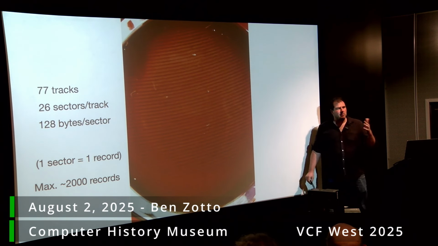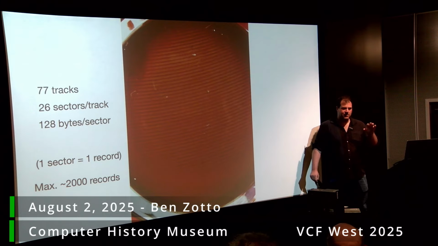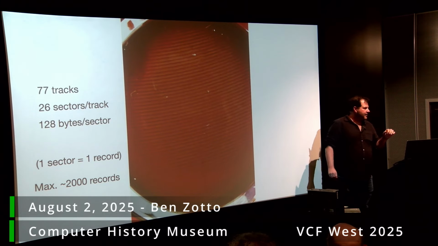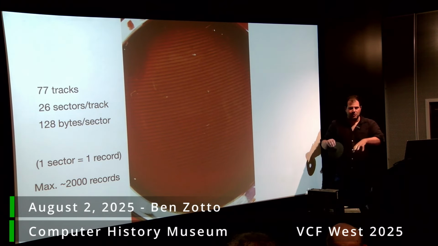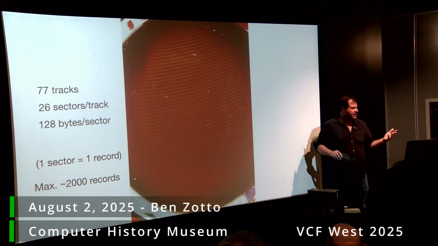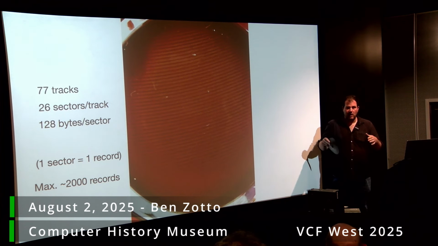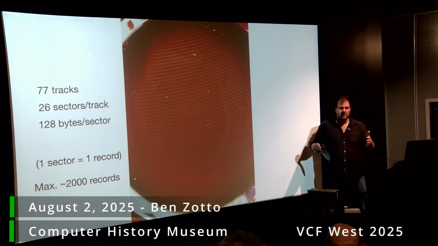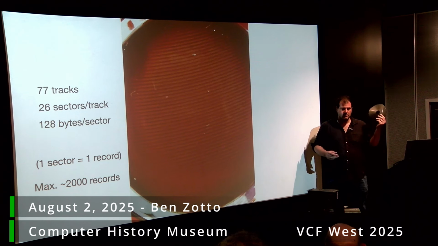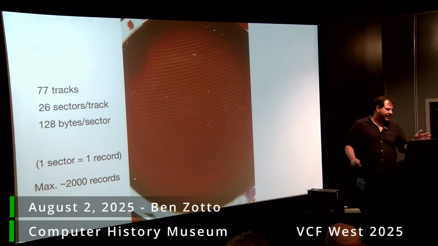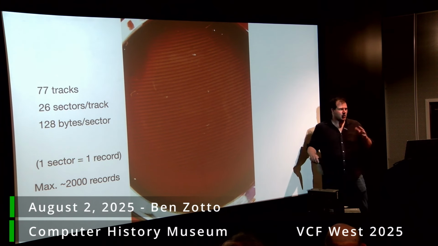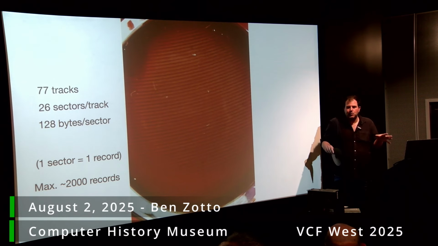A punch card typically had 80 characters, sometimes a little more. They set up these data entry systems so you could get the option, you could pay more, and you could get the option to do up to 128 character records, which of course are sectors. So if you maxed out the disk, the format wasn't quite like this, but you maxed it out, it's about 2,000 cards on one of these disks.